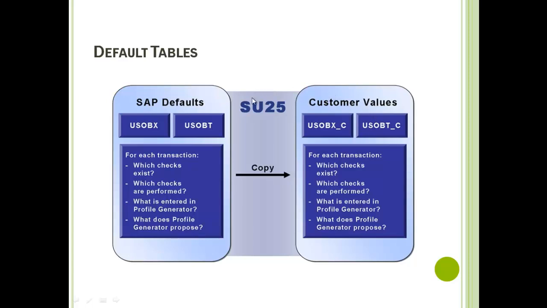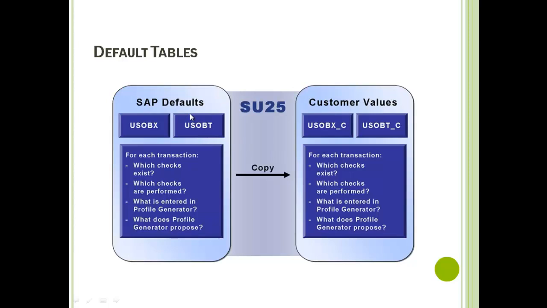So what SU25 does is copy all the SAP default values to this one, meaning it creates a duplication of these two tables, and we can modify the changes here. That means the effective changes for the customer are available here. The default values delivered by SAP are still available. So if at some point we want to see the actual default values, we still have